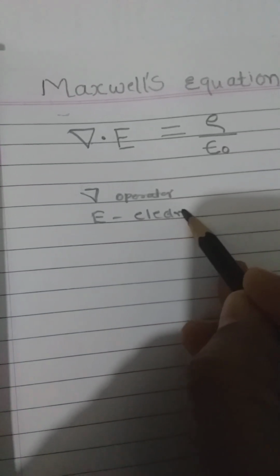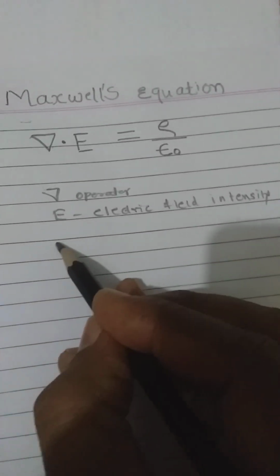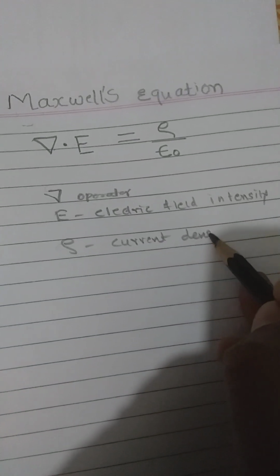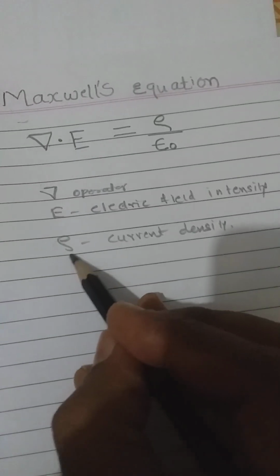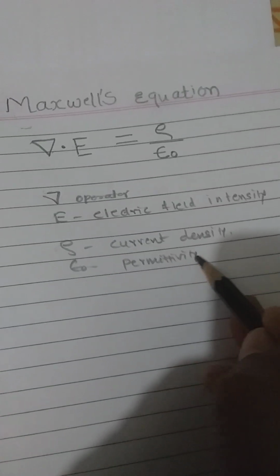Del is the del operator. E, electric field intensity. Sigma, current density. Epsilon zero, permittivity of free space. Now,